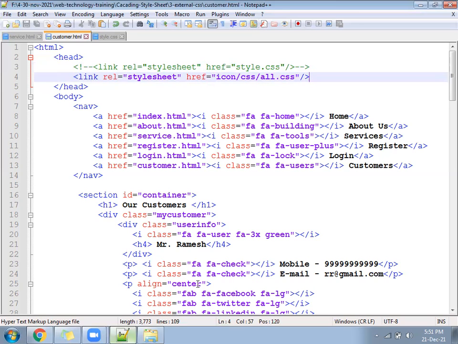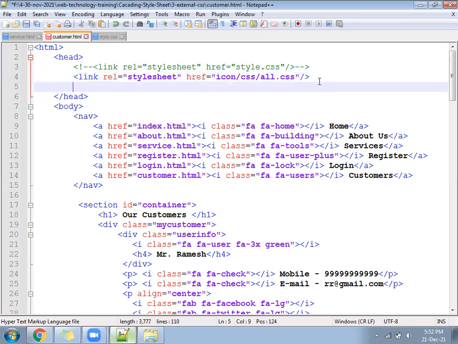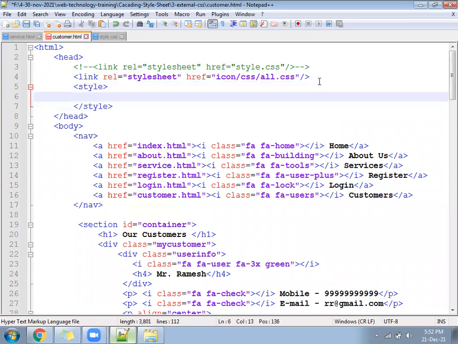Okay, clear. Now after that, come down here, right here, a style tag equal to. So a style open and close, what does it represent?